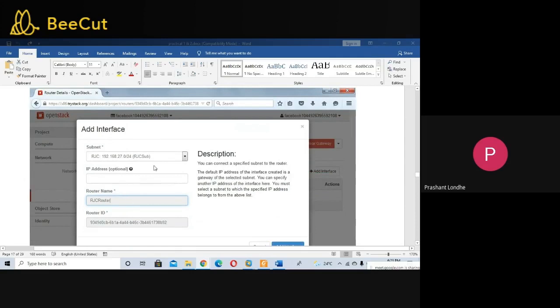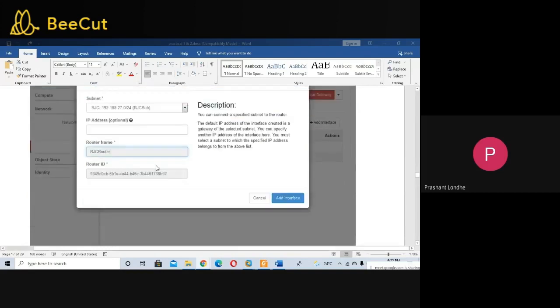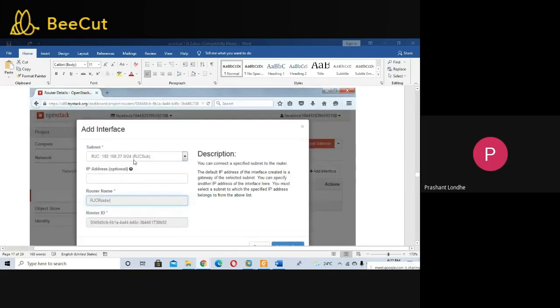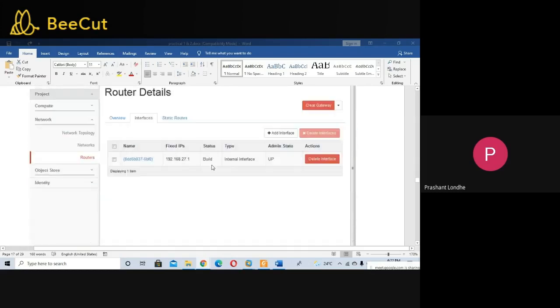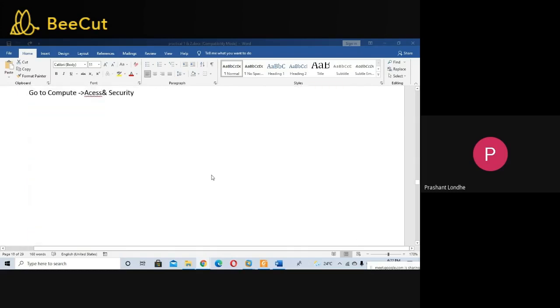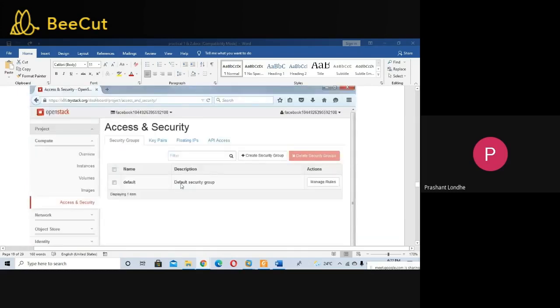It is optional. If you want to add interfaces, do so, or just doing the router is sufficient, because nothing else is done here. They have just selected the default way and opened this to get the snapshot. You will get all the router details that you have created.